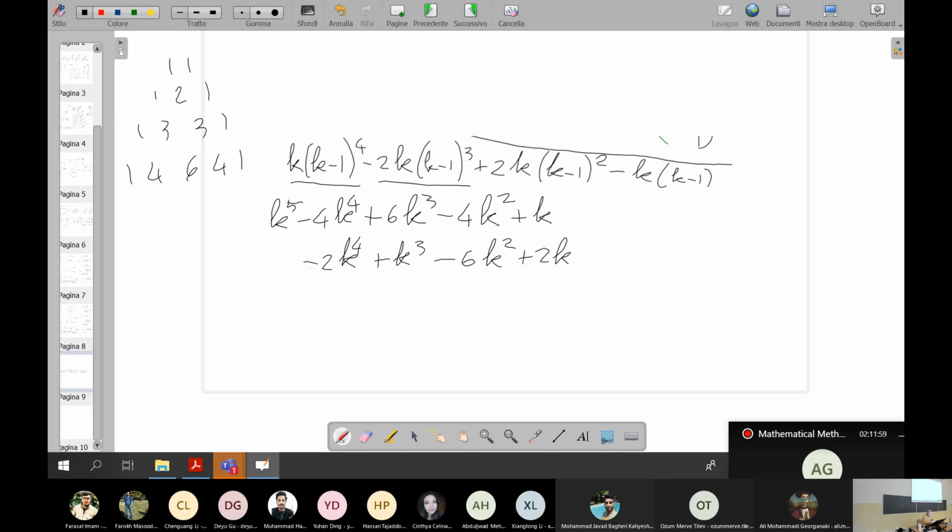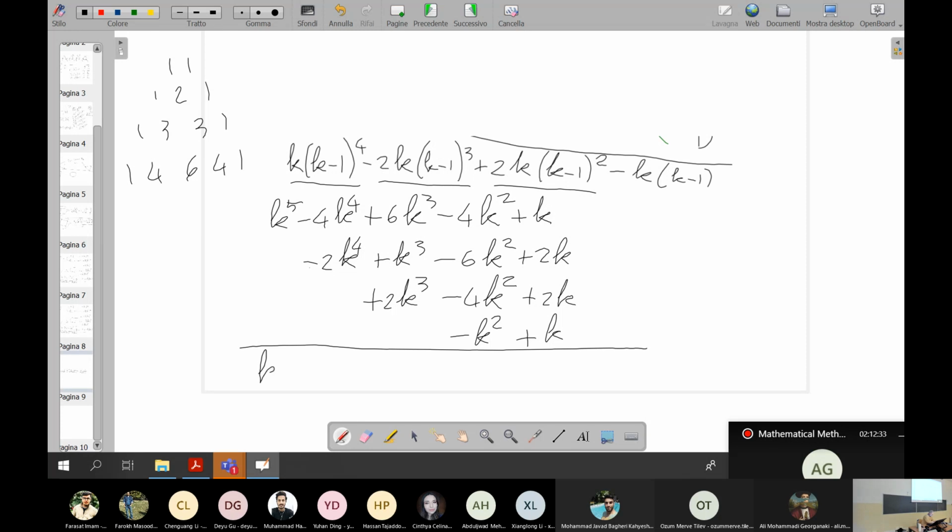Then I have k minus 1 squared, so plus 2, I start with plus 2k to the third, minus 4k squared, plus 2k, and this is done, and then minus k squared plus k. So at the very end, we should have k to the fifth minus 6k to the fourth, 8, 9 plus 9k to the third,